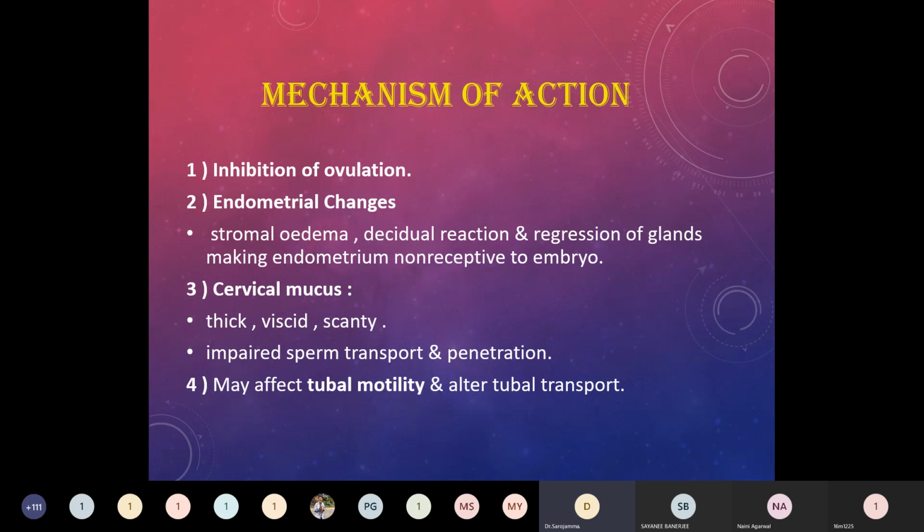Endometrial changes result in stromal edema, decidual reaction, and regression of the glands, resulting in atrophy, which becomes unresponsive to embryo implantation. Cervical mucus becomes thick, viscid, and scanty, which impairs penetration and transportation. And because of the progesterone, tubal motility may be impaired, with alteration in the tubal transport of the egg or the embryo,